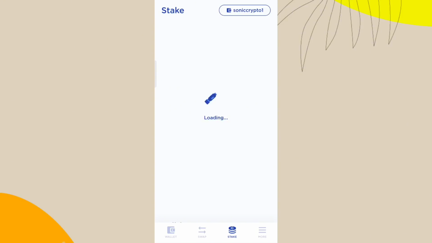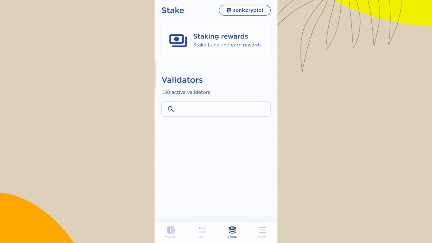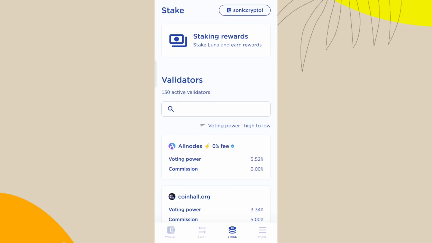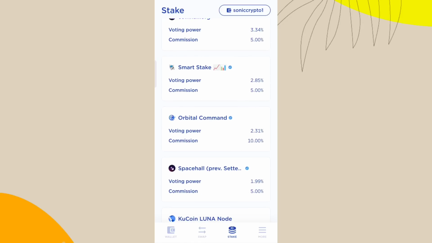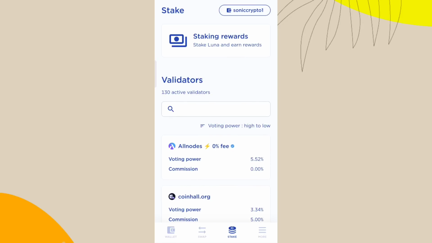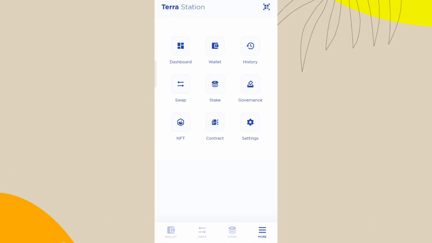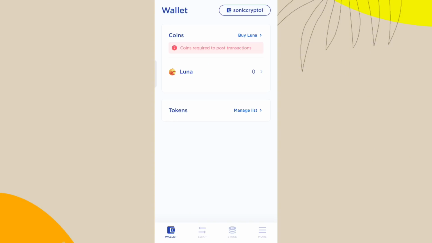You can also stake and make a lot of profit. Here you can stake and earn a lot of rewards as well. Here you can also check other tokens or coins that are available to stake, and you can make passive income as well. You can also check more information here related to this amazing project. This can really help to make a lot of profit, and you must use Luna like Terra Classic as well.